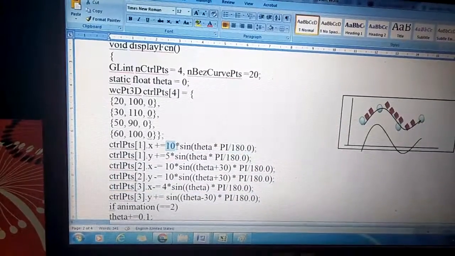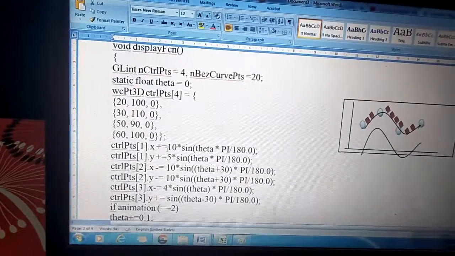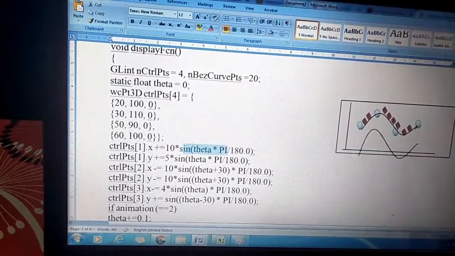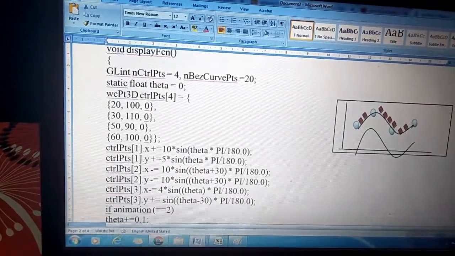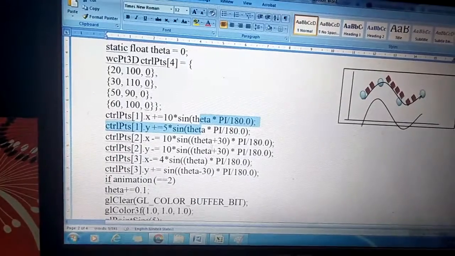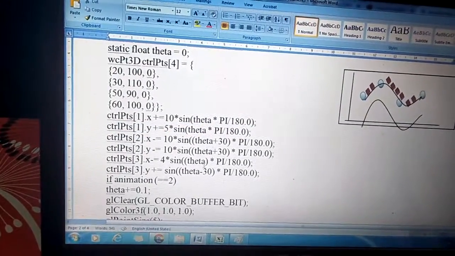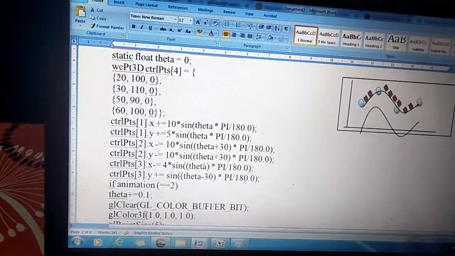You can add any value here, any function you can add here. I am taking 10 multiplied by sine theta. Pi is nothing but 3.14, that has been defined earlier in the program. We'll see that later. And in between, can you see the theta value? Theta plus 30, I'm doing this. If I don't want an animation, by default what was the theta value?